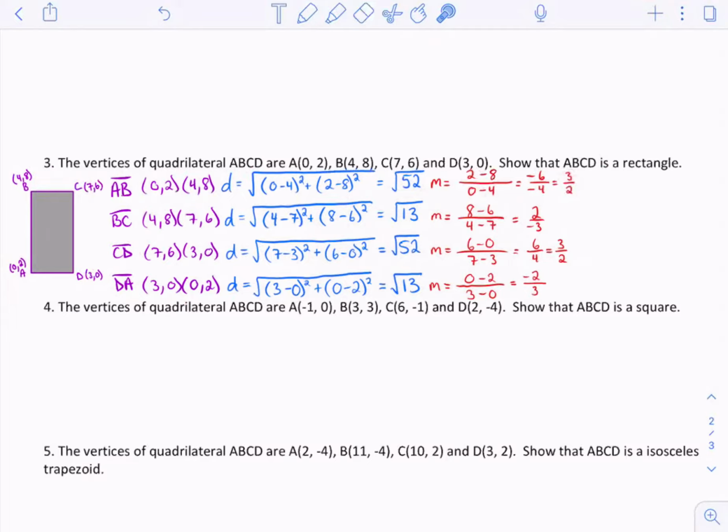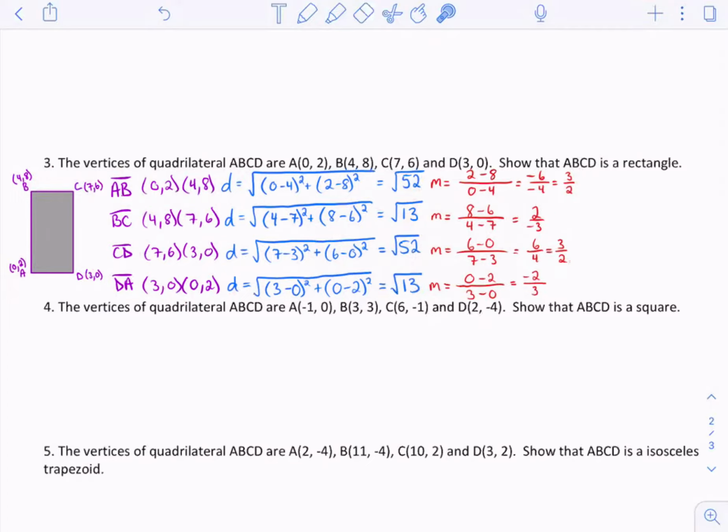Now, again, distances and slope can help us in a lot of ways. So let's just say if I didn't even do the slope, let's say I only did the distances. This is only enough information to tell you you have a parallelogram because the opposite sides are congruent. It's not enough to tell you it's a rectangle. You have to have the slope to have the 4 right angles. Now you didn't need distance at all. You could have just done the slope and said, hey,